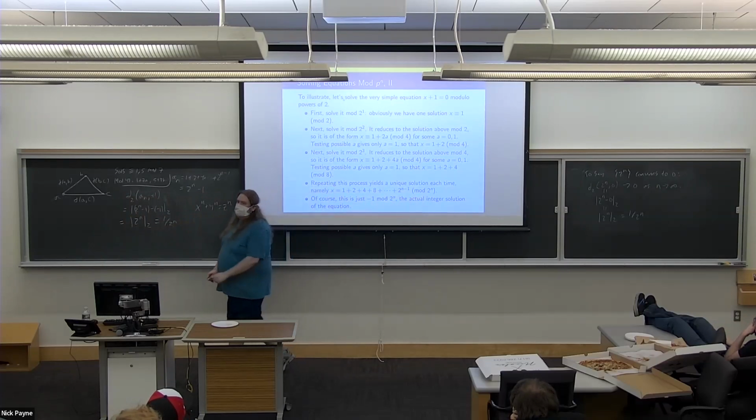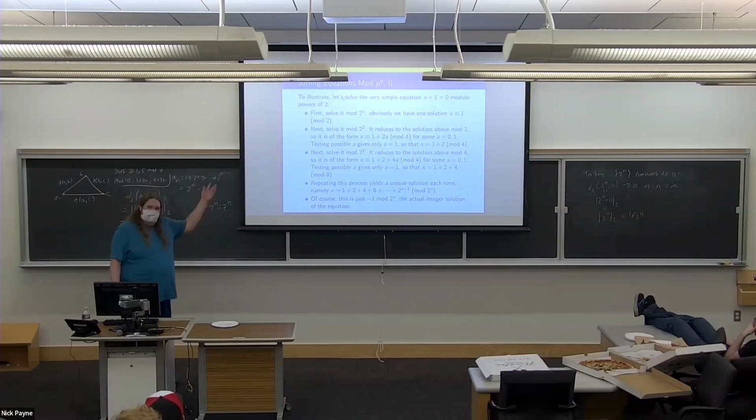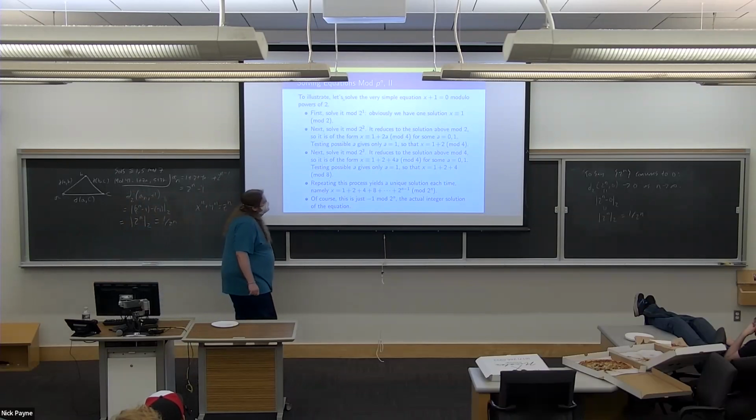take that all the way off, see, it was perfect, like sound effects, right? Just sort of keep going. If I say, okay, it's 1 plus 2 plus 4 plus 8 plus da da da plus 2 to the n plus da da da, sort of mod 2 to the infinity, whatever that means, then that would be the solution. Well, that's what Z2, the two adic numbers, are doing. That's exactly what that represents.